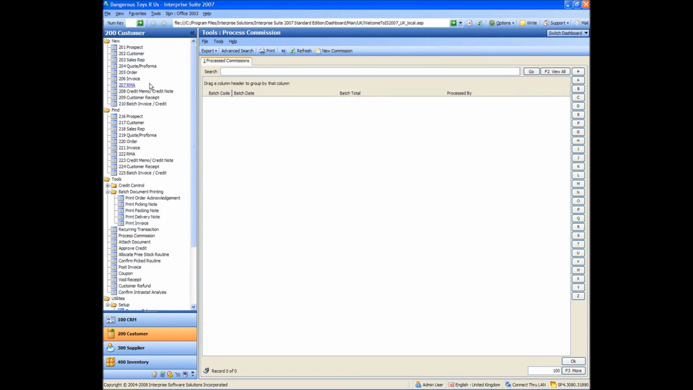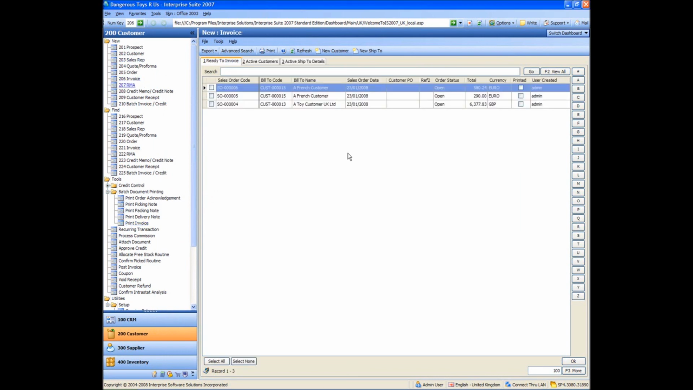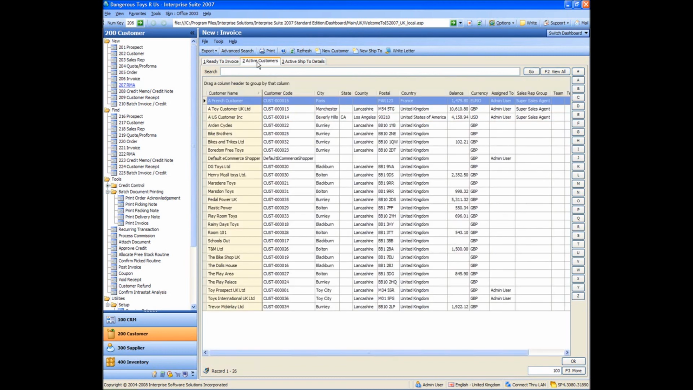Okay, we're now going to create an invoice, but not an invoice directly linked to a sales order. We're going to create an invoice, just a direct invoice basically. So if I go into the active customers tab rather than the ready to invoice tab,